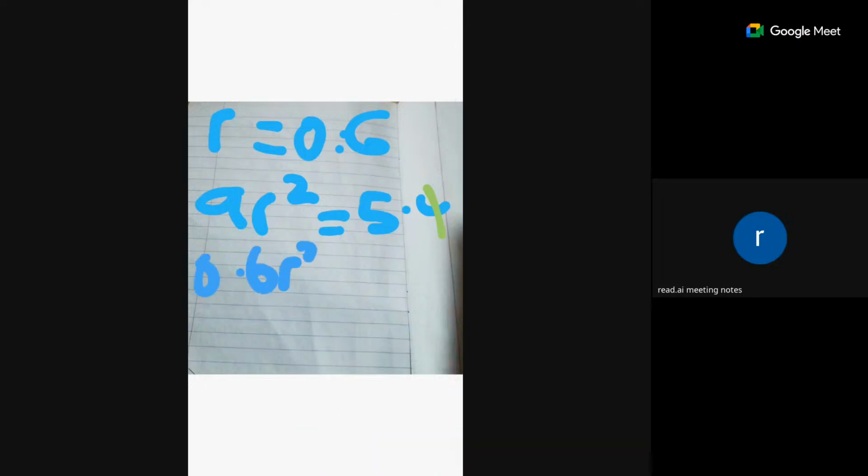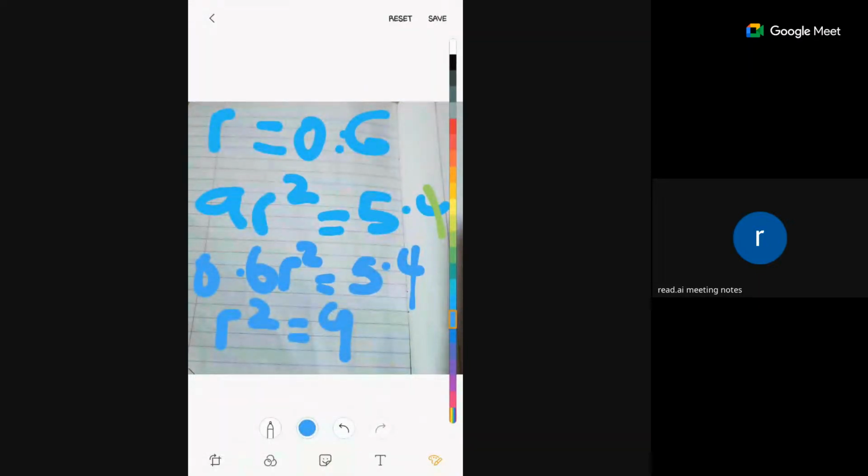0.6 R square equals 5.4. Then you divide both sides by what? 0.6. So your R square is equal to 9. Then what you are going to get next is what? You find the square root of this. So our R is equal to,